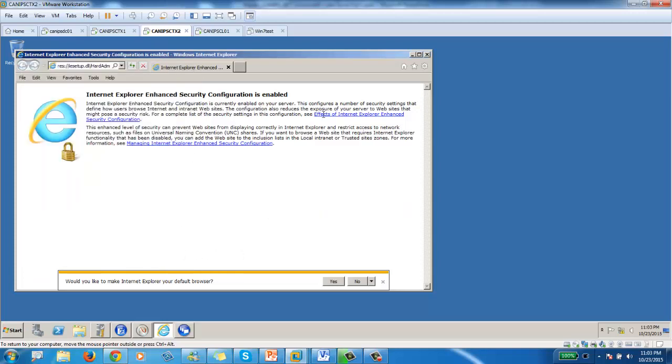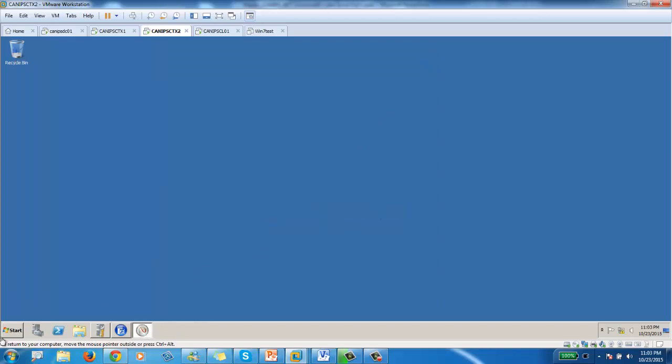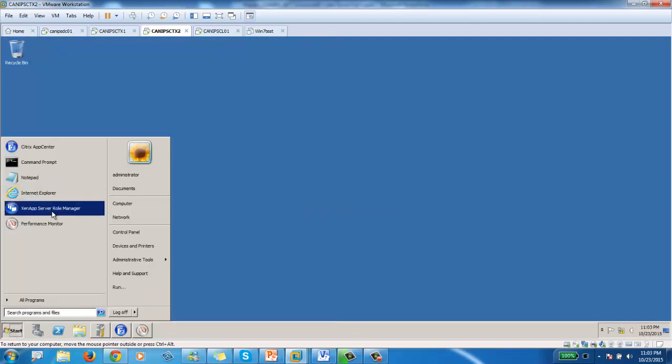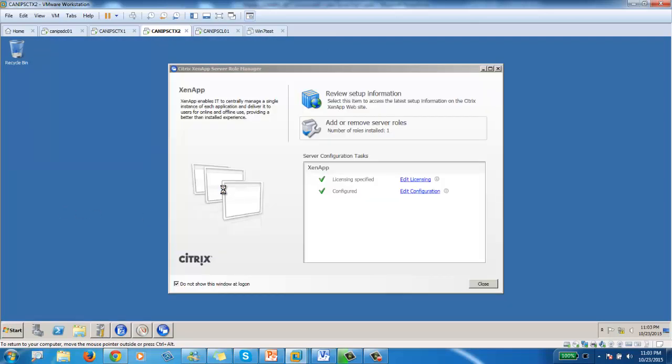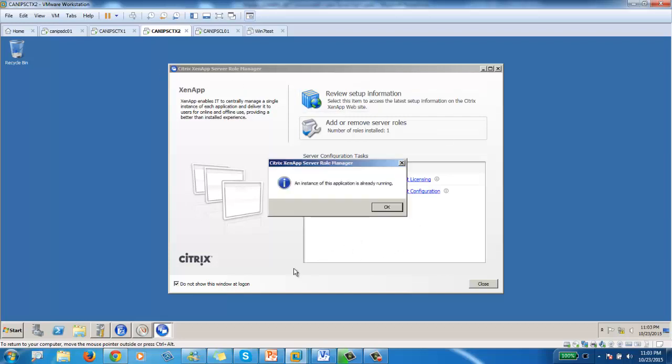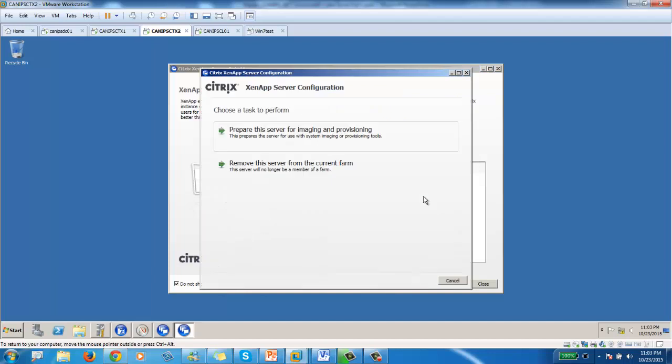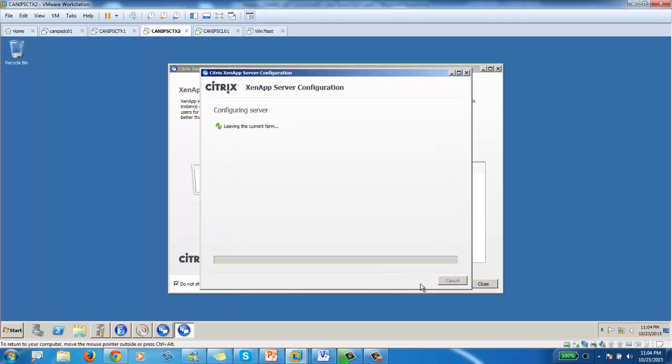Once you disable this, you would see that this time it should open almost immediately. So this opened. Okay, since we clicked a few times, that's why it's up. Our main goal was to remove the session controller role from this. So first I need to unconfigure XenApp server from this. I'm gonna go to edit configuration, and I'm gonna say remove this server from the farm, apply,